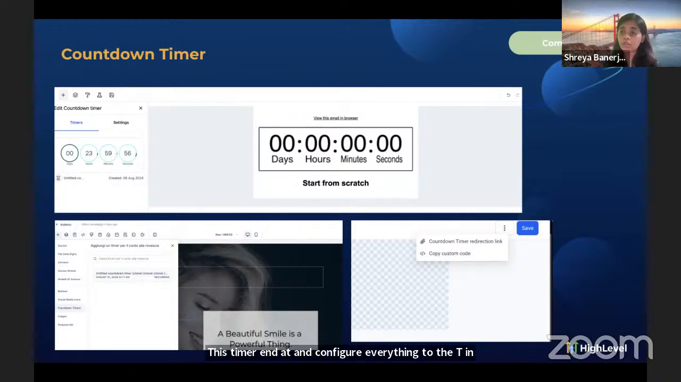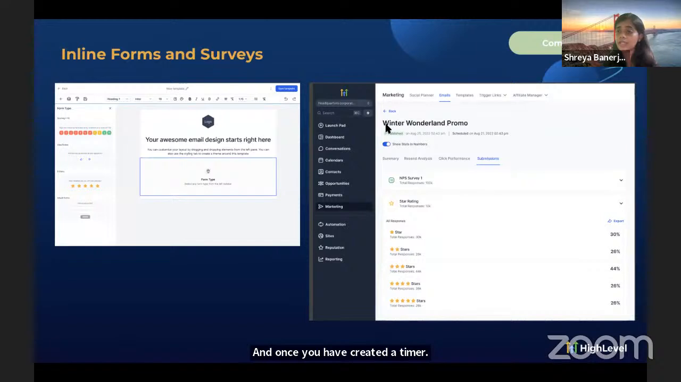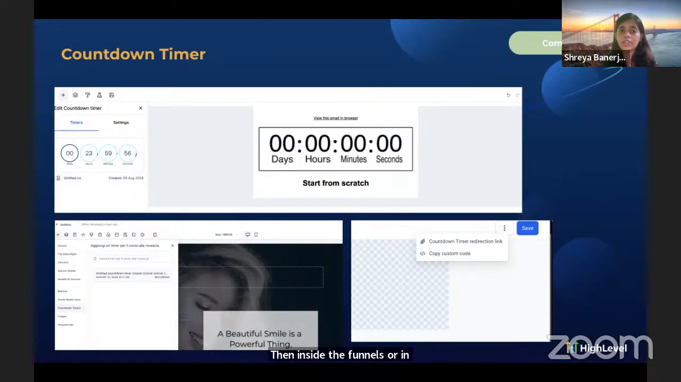How does the circle look, what does the remaining color look like, how does the separator look, what are the fonts of the labels, and do you want to show any specific label, yes or no. You can configure all of those things. And once you have created a timer, then inside the funnels or in the email builder, you can go ahead